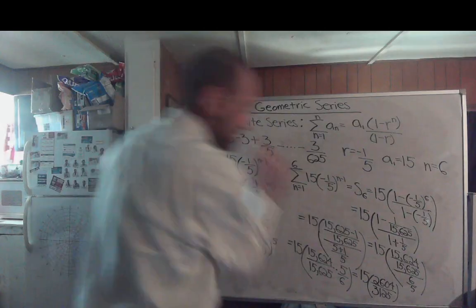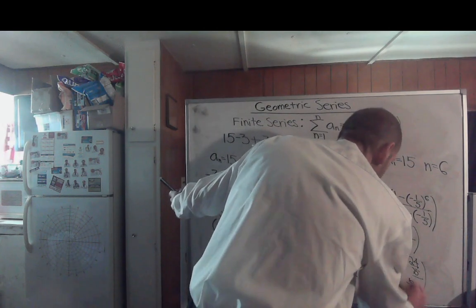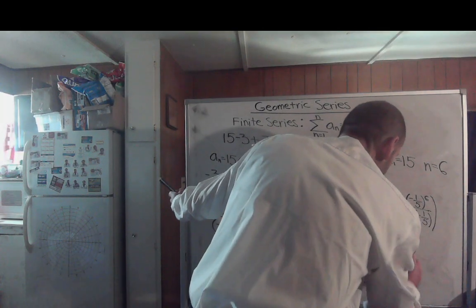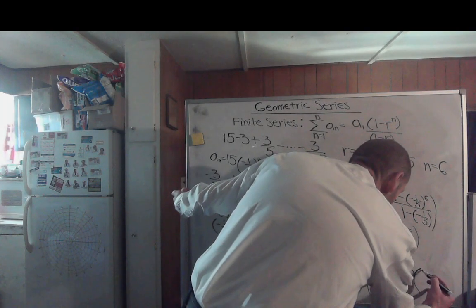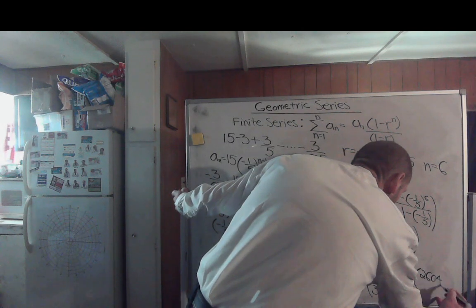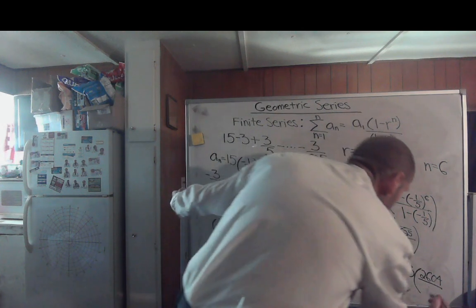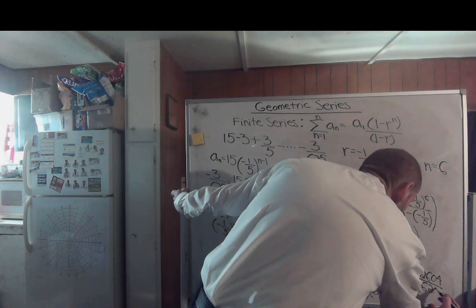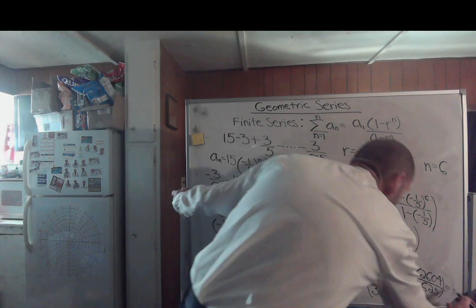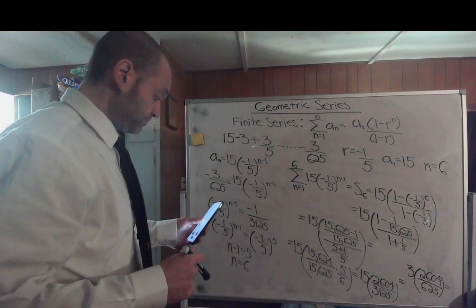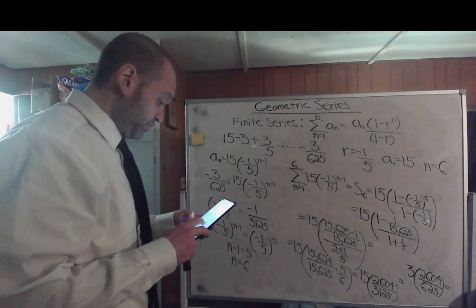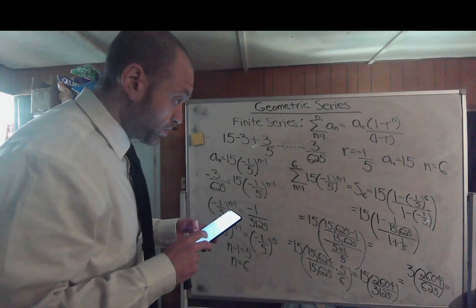Let me erase some of this because, man, I'm running out of room. I think you get the idea of what we've had to do with the complex fractions. So that's going to really equal 3 times 2,604 divided by 625, which for a final answer we got 3 times 2,604. That gives you 7,812